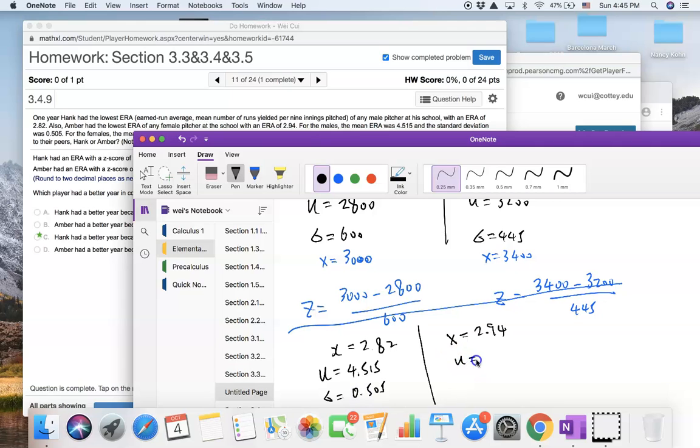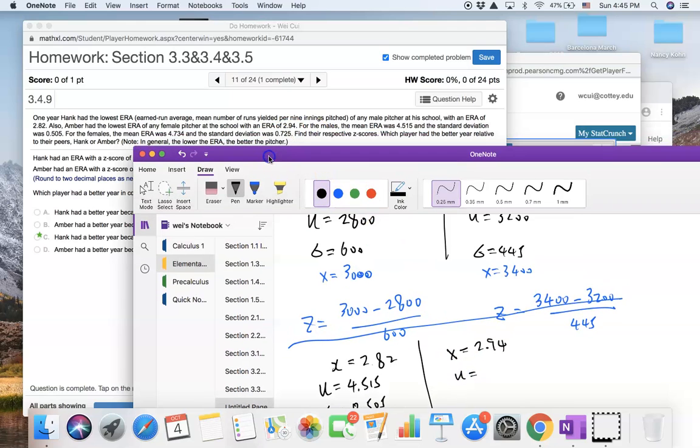And for the females, the mean ERA was 4.734 and the standard deviation was 0.725. Okay, so we're asked to find the respective z-score and then determine which player had the better year relative